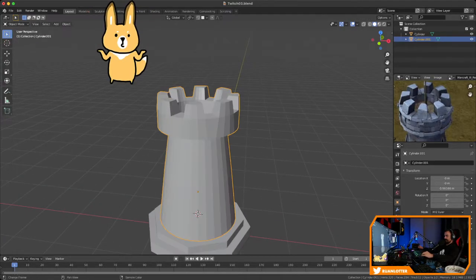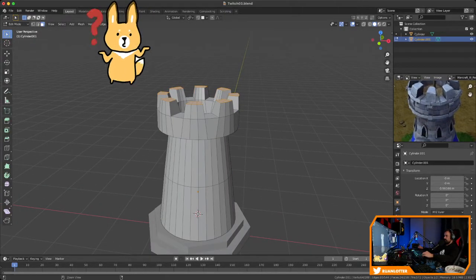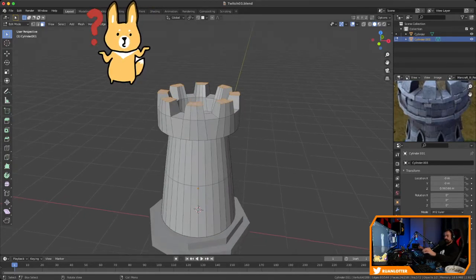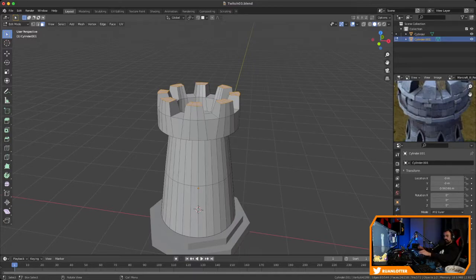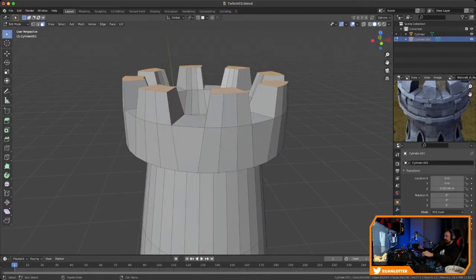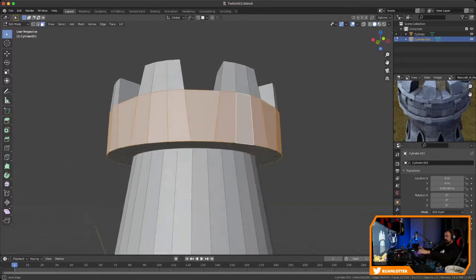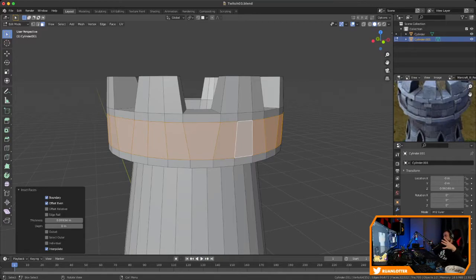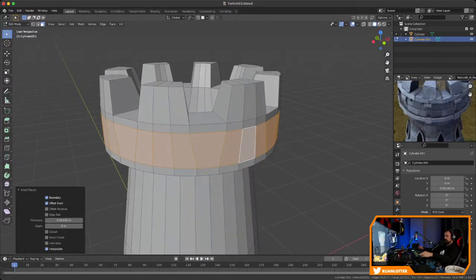Okay, so let's see what else we can create next. So maybe we can do this indent here on the side of this tower. So let's take off the think. I think we are done with that. All right, so let's take these faces all around, and then I hope this is going to work. I'm going to do an inset, and then just kind of push this down like so. And then I want to extrude this inwards, but obviously not in one direction. So to do that, you will have to do a